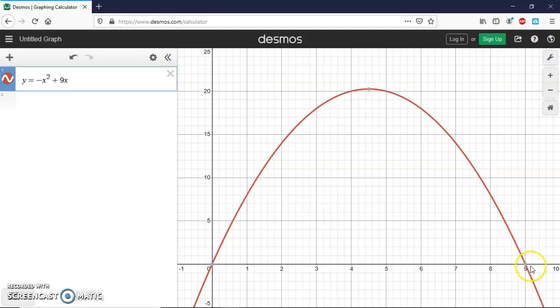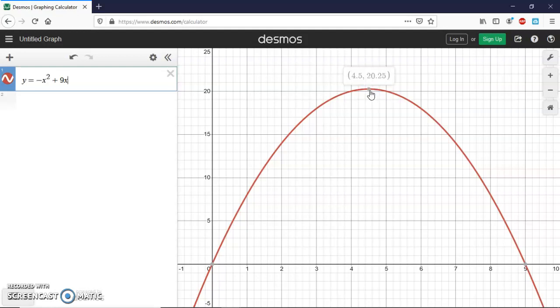As usual, Desmos handily points out the x and y intercepts. So there's one x-intercept. There's the other one. It's also the y-intercept. It also points out, for this particular function, this peak point right here. So you see the 4.5, 20.25. Those are our coordinates for that peak point. That spot where we go from rising to falling, or vice versa, we refer to as the vertex